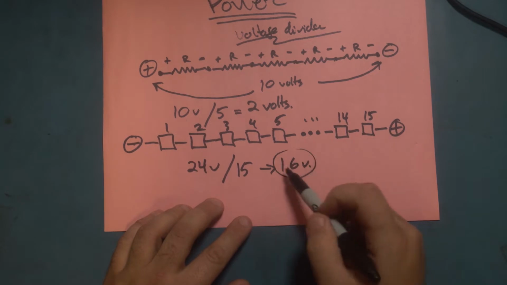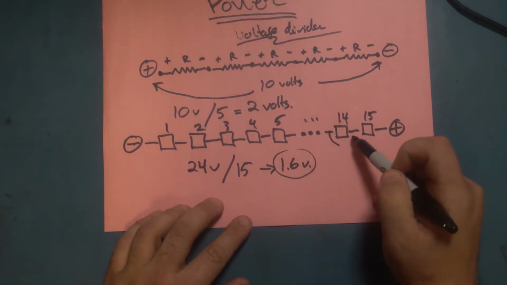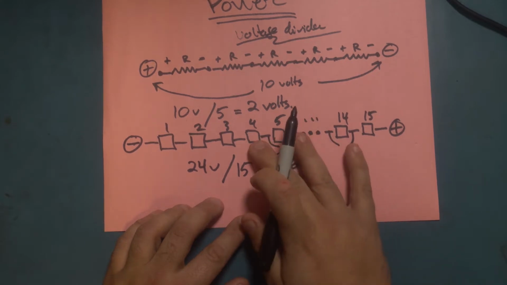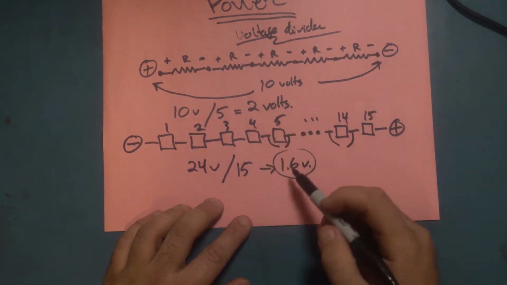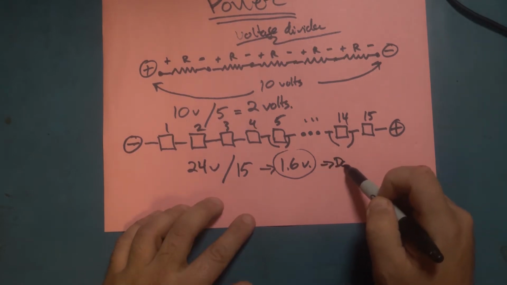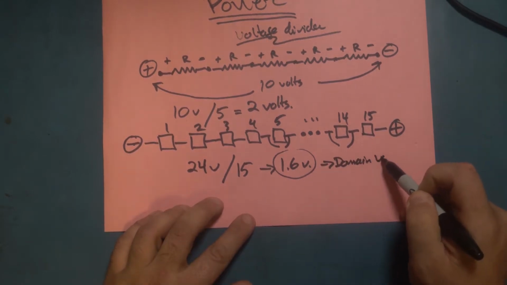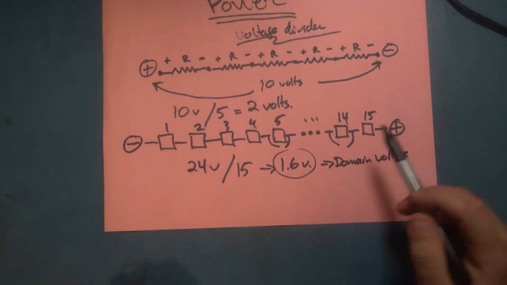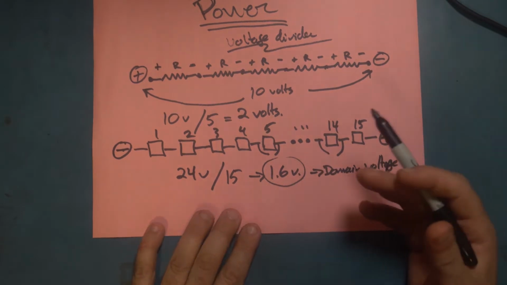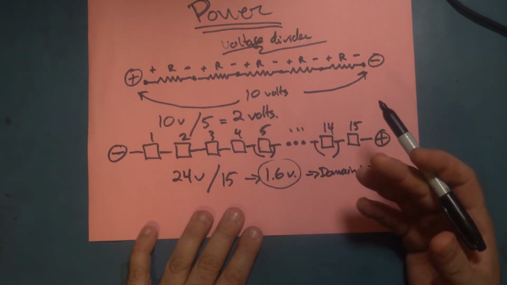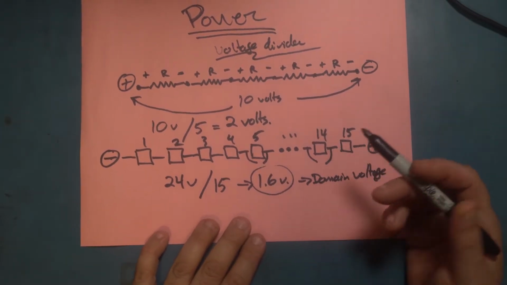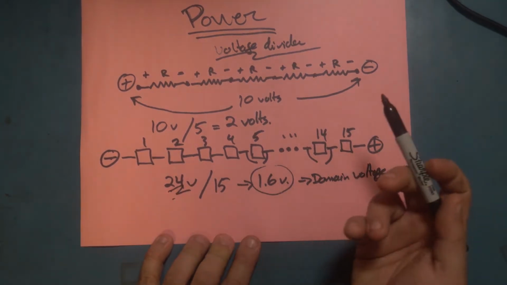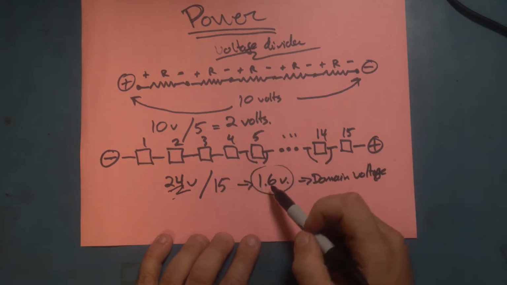So what does that represent, 1.6 volt? Well, it's the voltage at the edge of any one domain, right? So ultimately it's what we call our domain voltage. Makes sense. So this is where that 1.6, or I think it's like 1.5 for a 17 Pro, and depending what value you calculate as the main voltage, that changes obviously, but that's basically for anything that